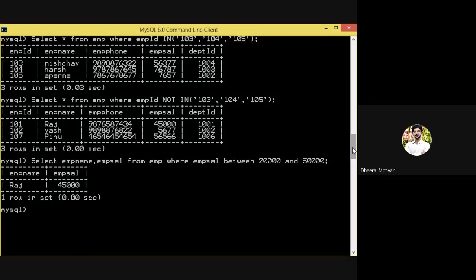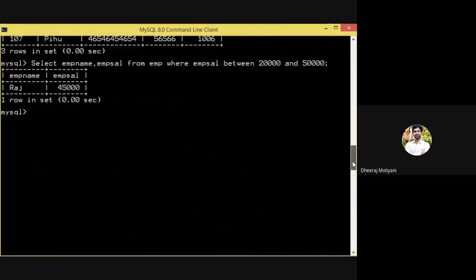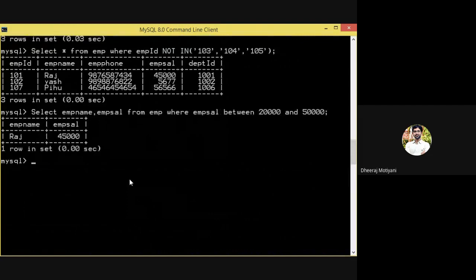So Raj is having the salary between 20,000 and 50,000. This was the one record only. You can compare it with 45,000. 56,076 is greater than and 7,600 is less than. So this is the between, like the in and like patterns we have done.